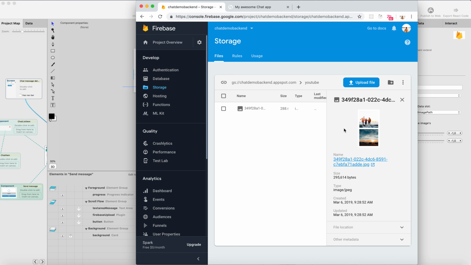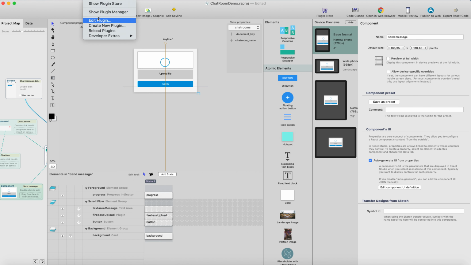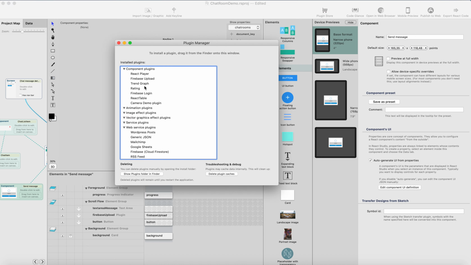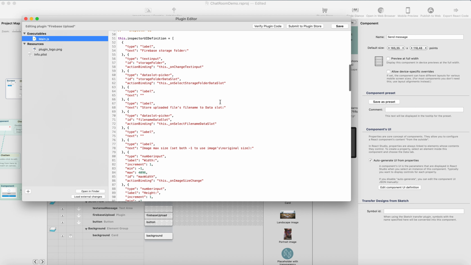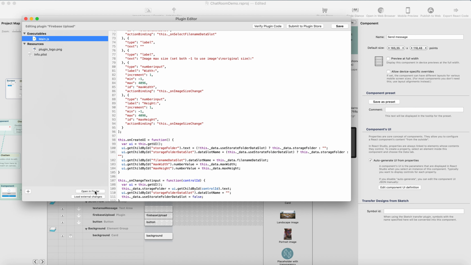And by the way, you can edit the plugin code. Just go to plugins and show plugin manager and Firebase Upload. Click edit, and you can edit the code here, or you can just open it in the Finder and edit in your favorite